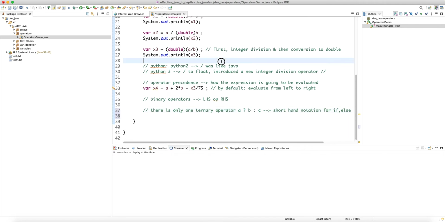And usually it's very concise, and sometimes it becomes very handy instead of writing if else, etc., right? But really it doesn't change the bytecode. If you look at the bytecode, A question mark B colon C doesn't really make any difference compared to explicitly writing the if else. And we can check that. So